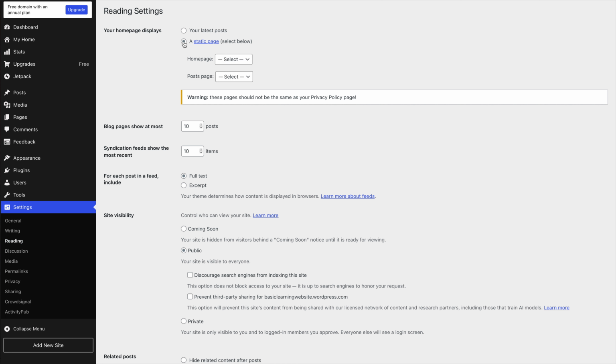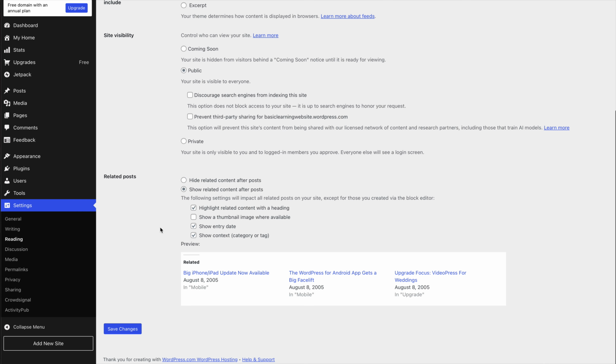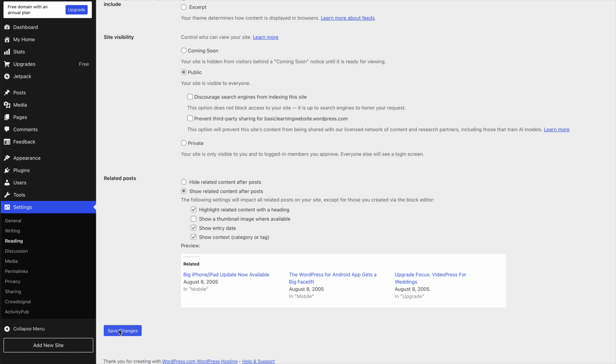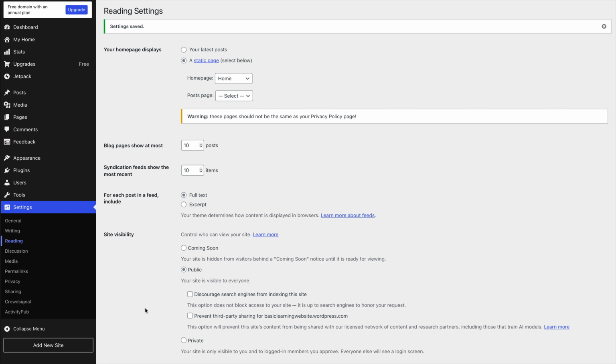So I'm going to click static page, because to me that's the way a website is. A blog and a website, while they are both on the web, a blog is a kind of website, but not all websites are blogs. Okay, so I'm now going to choose a static website, and I'm going to make my home page home, and my posts page I don't yet have. So I'm going to scroll to the bottom here to save these changes,